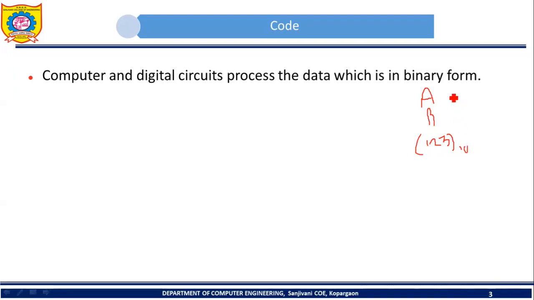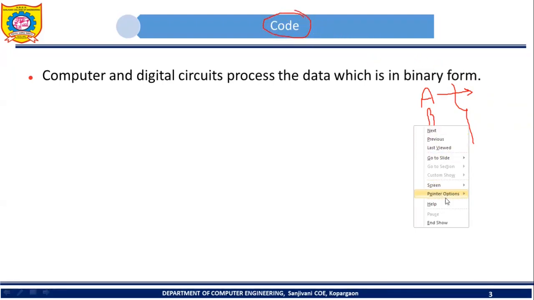So here the question is how to give this data as an input to a digital circuit. If you want to give such type of data as an input to a digital circuit, you have to represent these alphabets, these numbers, and special characters in binary form. So you have to represent this A with the help of some combination of 1 and 0, you have to represent B with the help of some combination of 1 and 0. So if we represent these alphabets, numbers, and special characters with some combination of 1 and 0, then we can call that combination a code. So I hope now it is clear to you what is code.